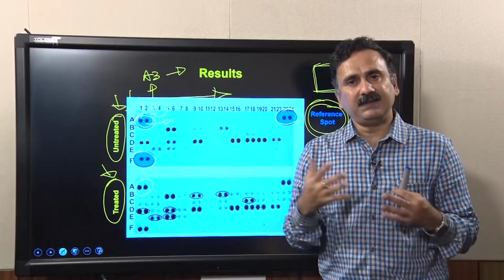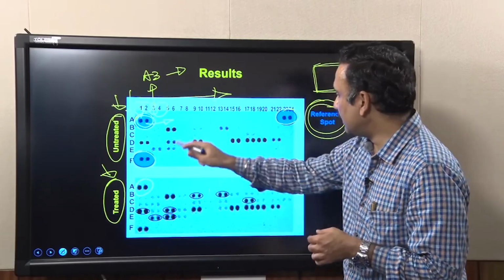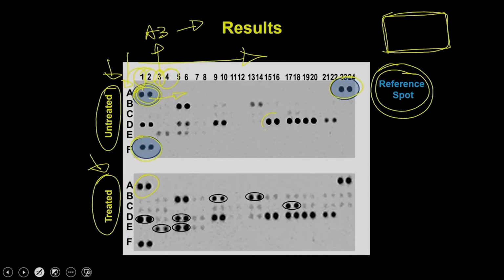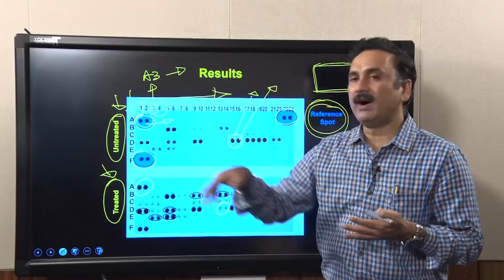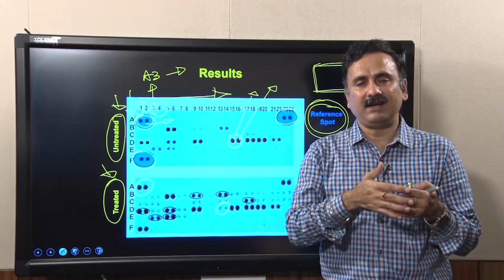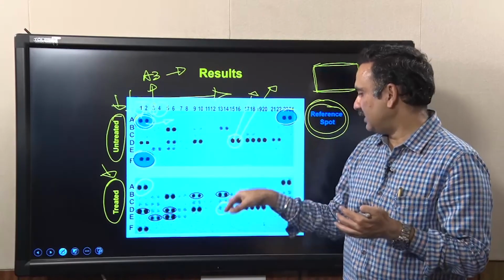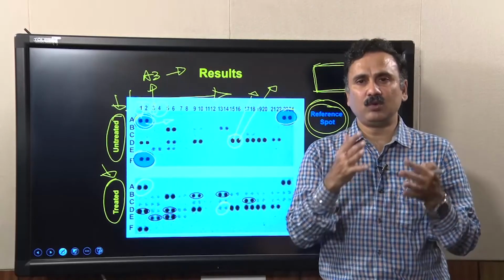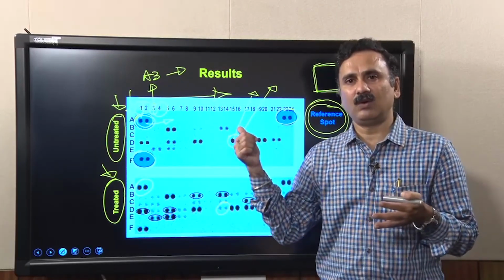So, how do we analyze these results? You are going to see different types of spots. For example, these two spots are a pair, because a single cytokine is present in duplicate. You have to measure the intensity of this spot, do the same for the treated sample, and then, using the reference points, calculate the fold of multiplication needed to equalize this spot with that spot. Only then can you plot the intensity of this cytokine,